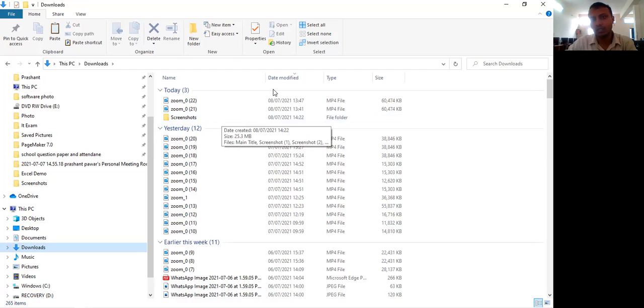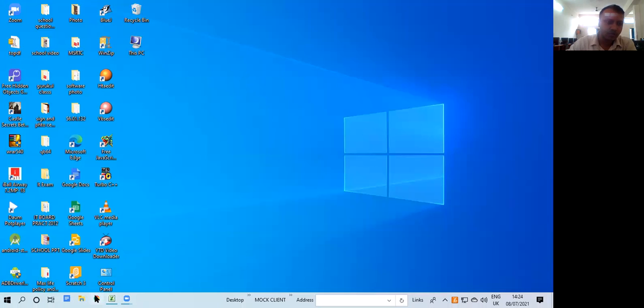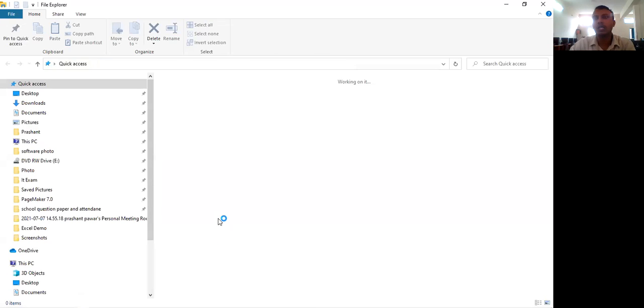Now look at this. Right now we are working on the screen that is Zoom recording. At the same time we are copying and pasting the file folders. So this is called mastering all the functions. This is called multitasking. At a time you can see the Zoom recording is going on. At the same time we are moving this screenshot folder. So managing all these functions, opening commands, executing, closing, again opening all these quick access menus. This is called a mastermind.